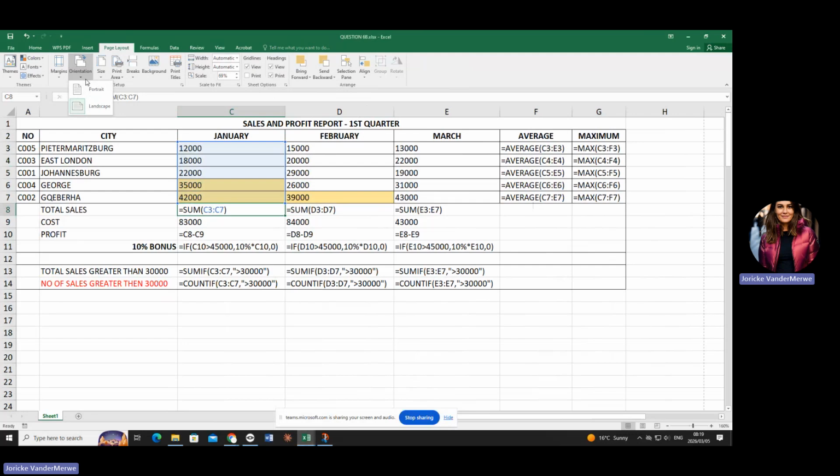Because sometimes you're working in portrait and now you're adjusting your columns and there's just no way for you to fit it in. Do you see this perforated line? Now, if you're in portrait, look what's going to happen. You are not going to get, there's the perforated line. Now you're going to sit till Christmas for your stuff to fit in. Does it make sense?